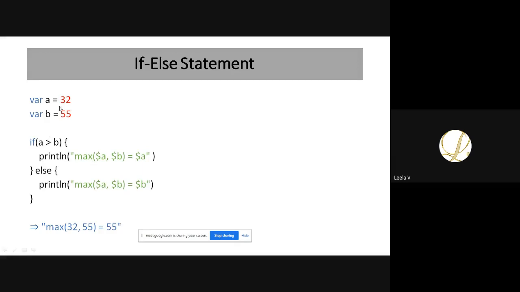For variable A, I'm assigning 32, and for B, I'm assigning 55, and I'm checking whether A is greater than B. If it is true, then this println statement will be executed. Otherwise, it will go to the else part. So 32 is less than 55, so the condition is false, sorry. It goes to the else part and prints this statement. It's the same as in programming languages like Java, C, and C++.